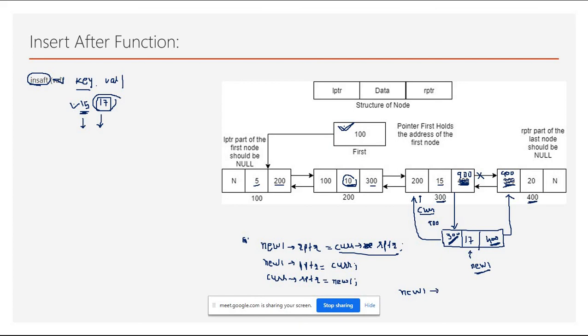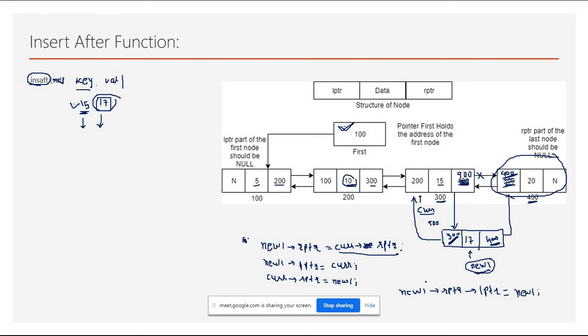New one point to RPTR means what is there in the RPTR of the new one? 400. 400 means this node, right? And in its LPTR, what we have to do is we just have to put address 900. 900 is the address of new one. So here what we can do is we can write new one.